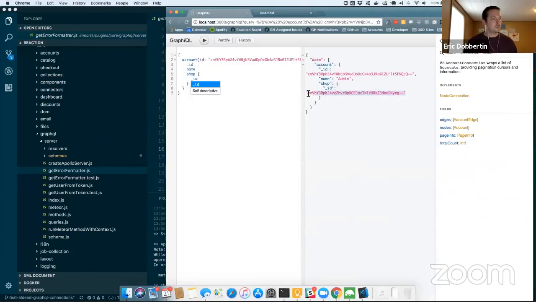Now notice that these IDs are not the Mongo IDs. We are following the GraphQL guidelines and obscuring those somewhat and making them globally unique. So there's a very simple function you can run a Mongo ID through to go to and from these IDs.